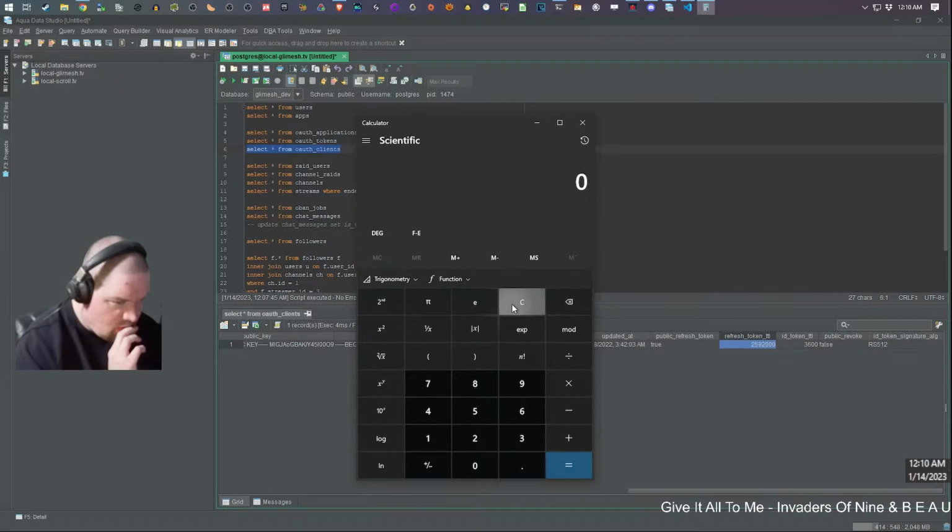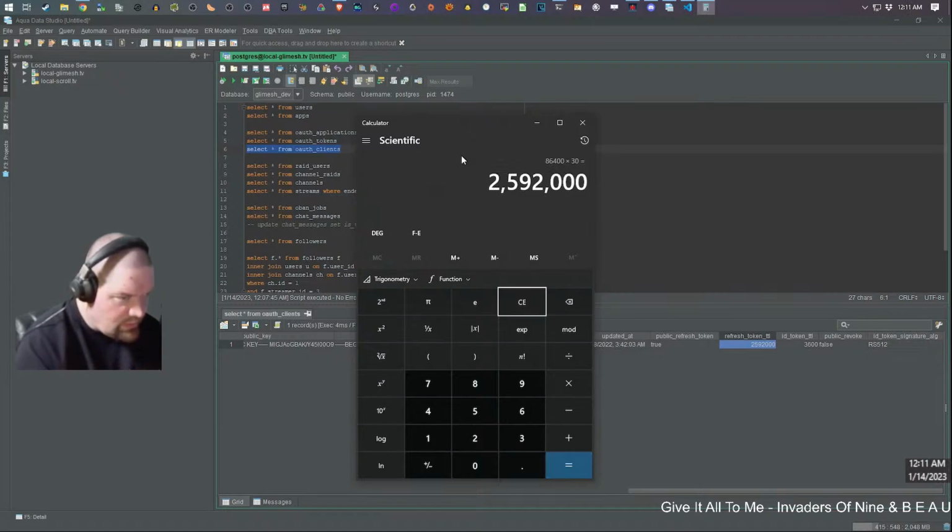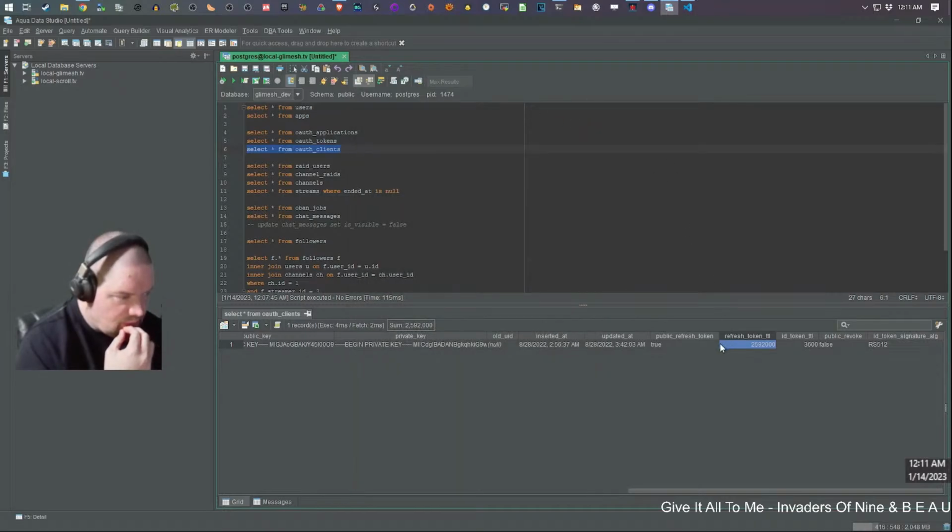Why am I drawing a blank here? 60 times 60 times 24 is 86,400, times 30. There you go. Yeah, it's 30 days. I don't know why I was drawing a blank there. So yeah, refresh token lasts for 30 days, which makes sense.